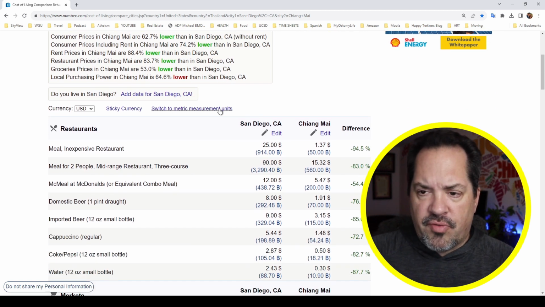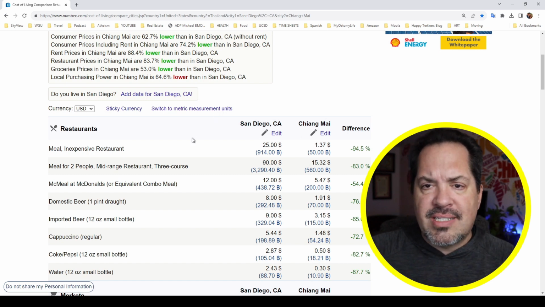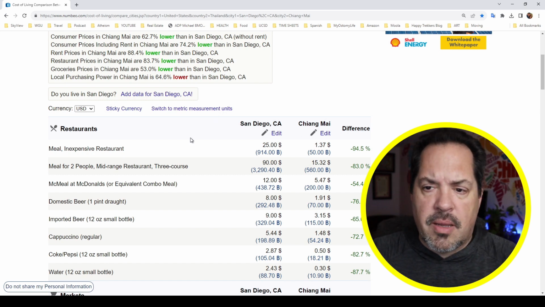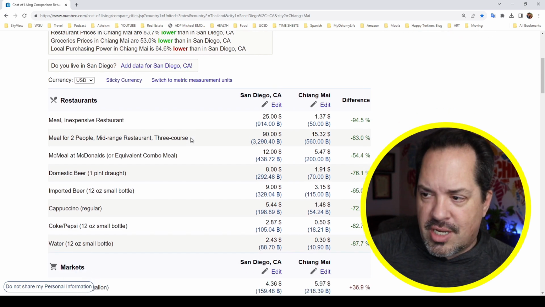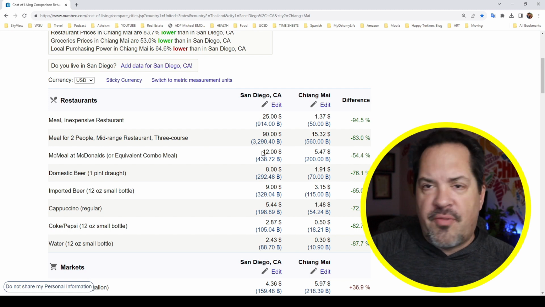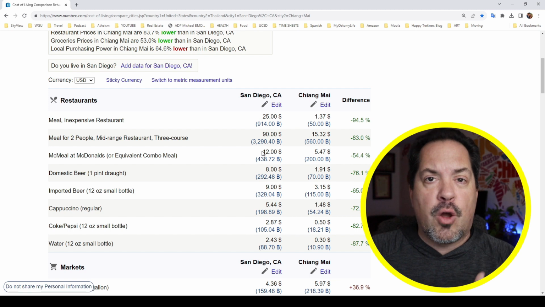So let's look at a couple different things. Numbeo lists a bunch of different things you can use as comparisons. I saw two of these right off the top of my head because one of these I did today and one I'm going to do tonight. So I dropped my wife at the airport today, and on the way back, I had to swing by a fast food place because I needed to get back home for a meeting.